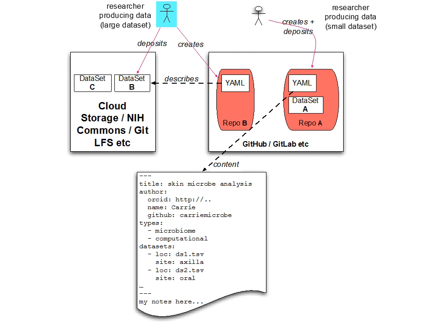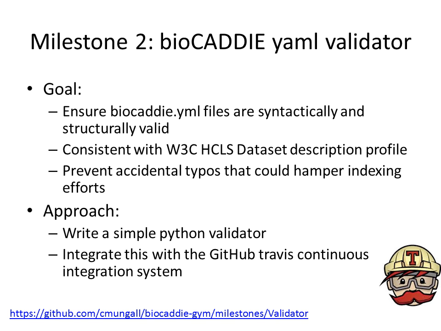And so the basic idea here is that these YAML files go in the top level of the repositories, either containing the data sets or pointing externally to those data sets. So the second milestone is to implement a validator for this. And the key idea here is really not to do the validation way downstream, by which time it may be too late. The person may have moved on to another project and may not be interested in fixing what they're doing anymore.